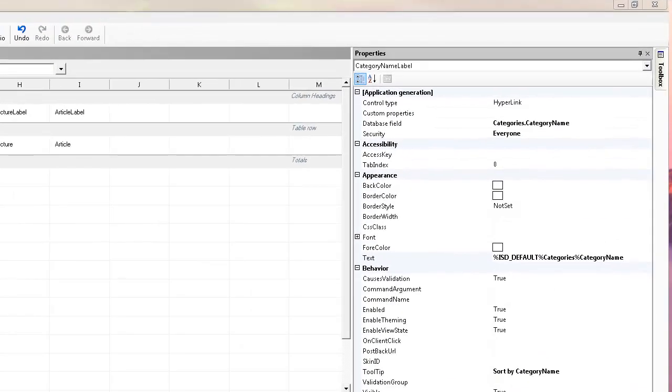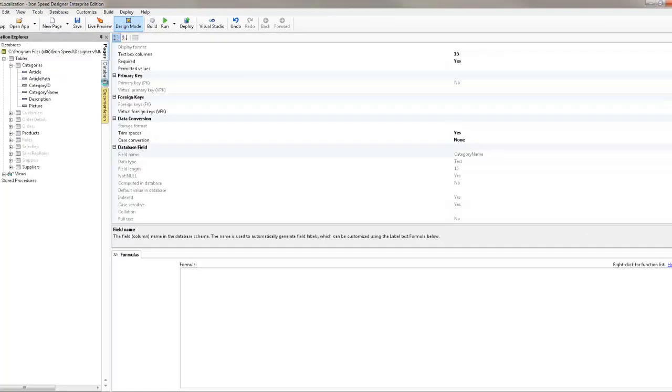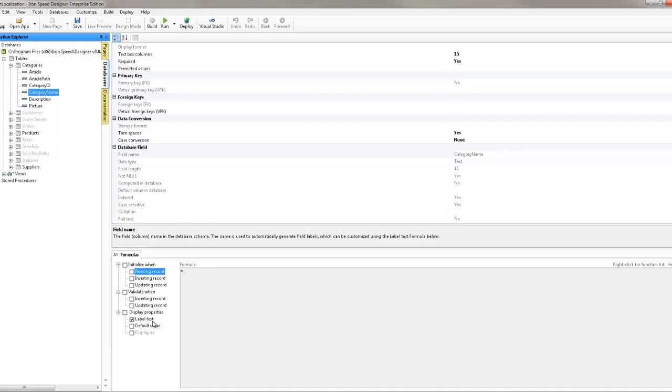Although using the resource tag has shown to be quite simple, clearly we don't want to have to go to every label on every page and change the tag. So what instead we can also do is we can go to the databases area, click on the field that we want, go down to, within the formulas tab, down to the label text tag, and let's just type in what we did before, which is resource, translate